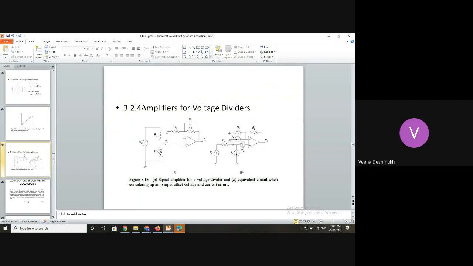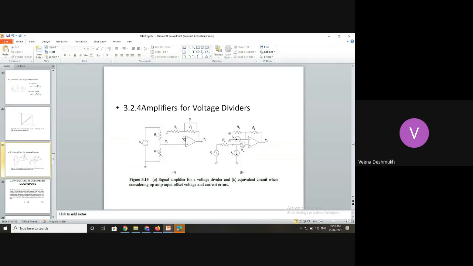Now here as usual the voltage divider network which is supplied with some source voltage, and the variable resistance represents the sensor. Now the output across the variable resistance is connected to the non-inverting terminal. That means whatever is the change observed in the sensing element is directly proportional to the output. They are in the same direction. If this voltage is increased, the output is also going to increase because it is connected to the non-inverting terminal.